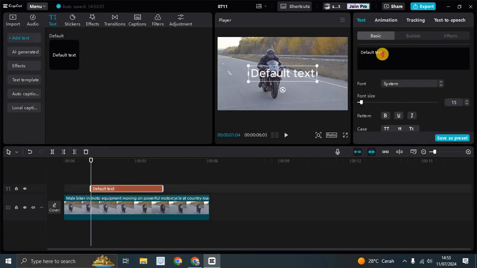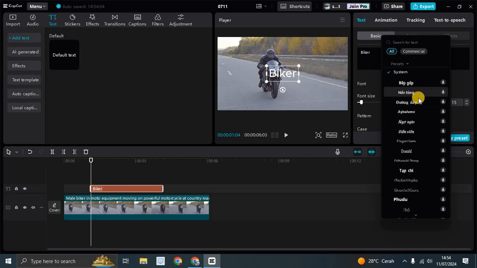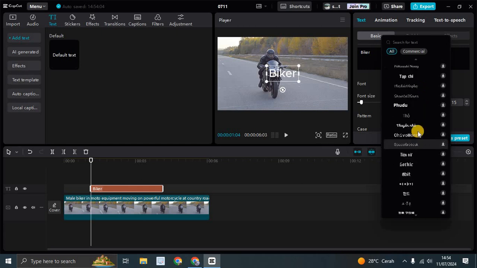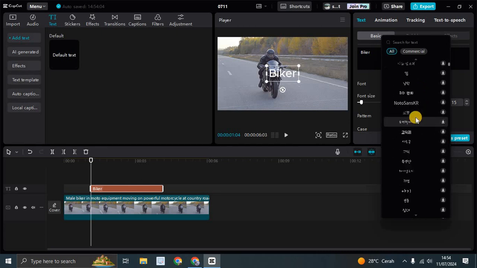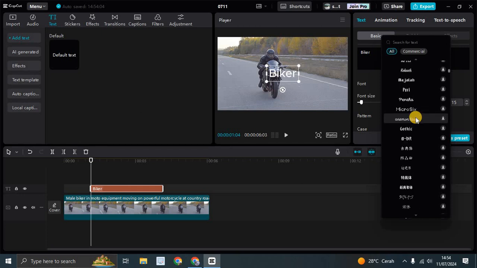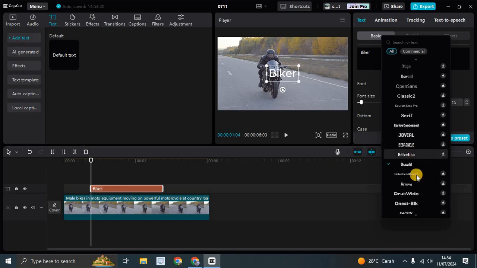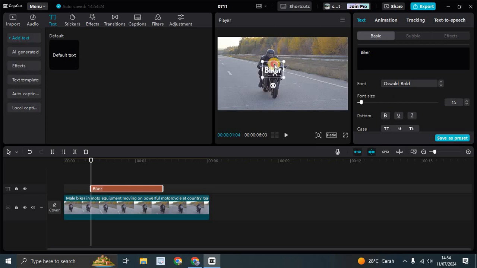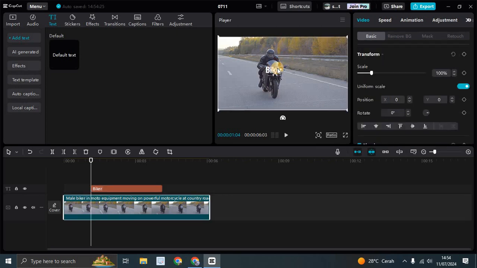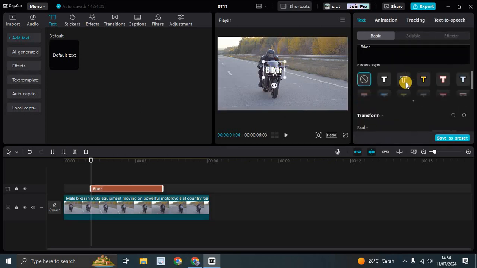Then just write the text that you want. For example, I'm going to just write biker in here. You can change the font to your liking. For example, here I'm going to change it into using this Oswald font. You can adjust the size and also the style of the text,